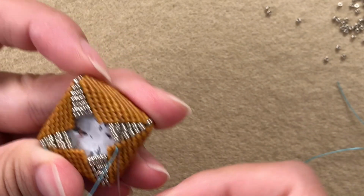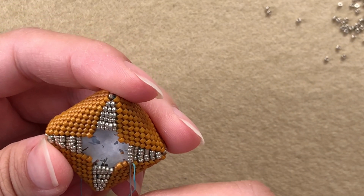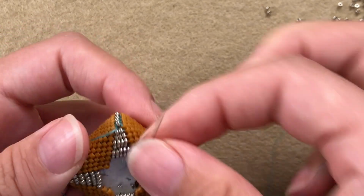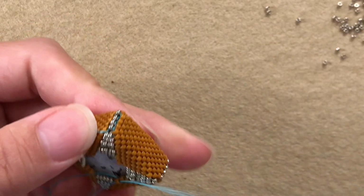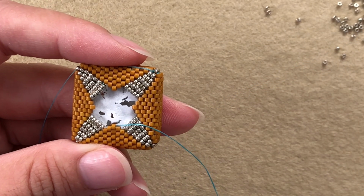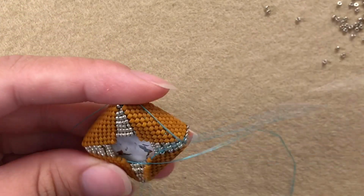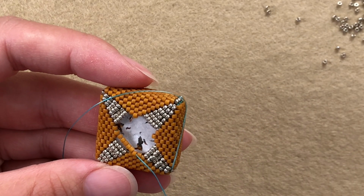Go here, through the 15 rows, through 3 delicas, well, 2 delicas up, and the last delica up. So I'm at the top here. Pick up 5 delicas, go through the top bit here, like so. Pick up 5 delicas